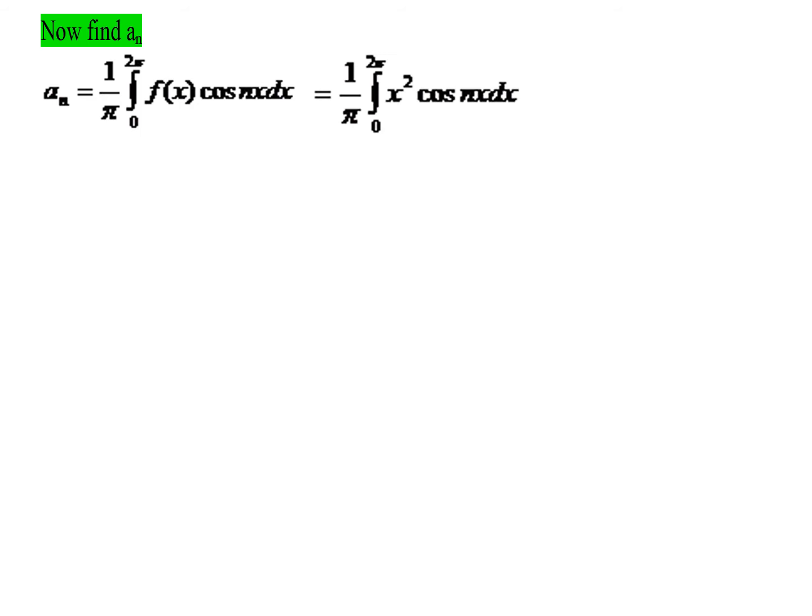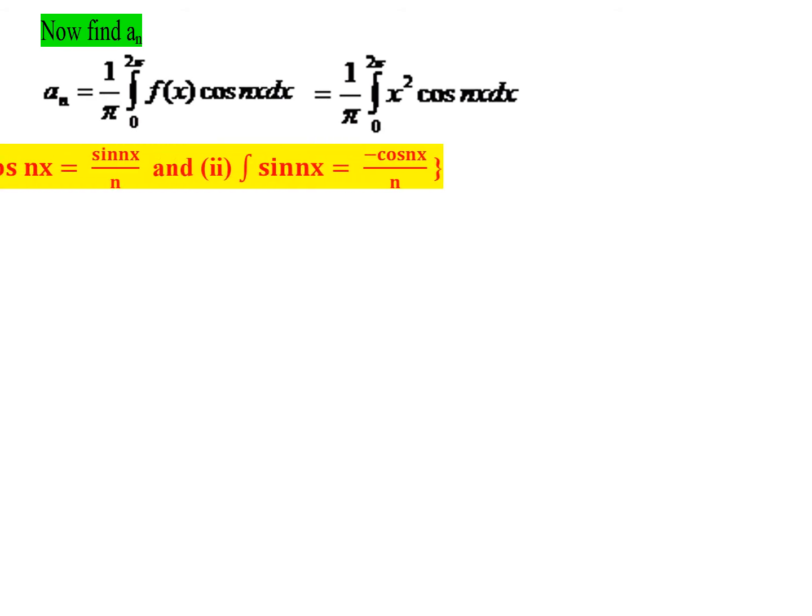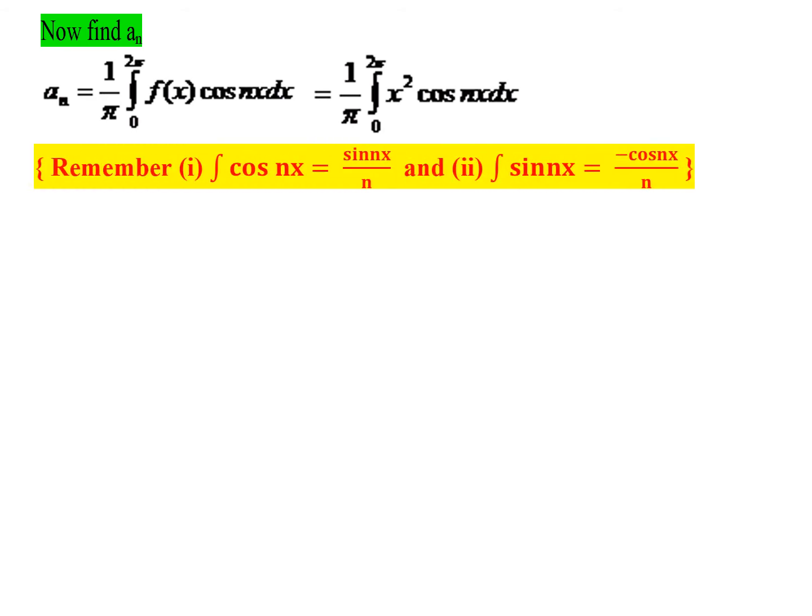So do you remember when we had a glimpse on the basic integration formulae, we had Bernoulli's rule of integrating the product of two terms u into v. Do you remember we learned how to integrate that? Keeping the first term, integrate the second, minus differentiate the first, integrate the second, plus differentiate the first, integrate the second. We should proceed like that. So let us use that rule here. But before using that rule, let us have a glimpse on these basic formulae. When we integrate cos nx, we get sin nx by n, and when we integrate sin nx, we get minus cos nx by n. Now let us start integrating that.